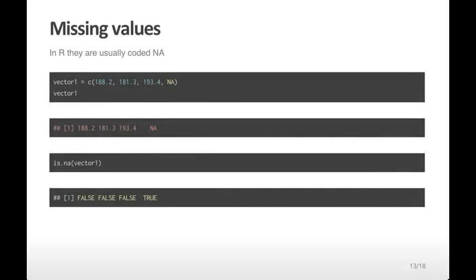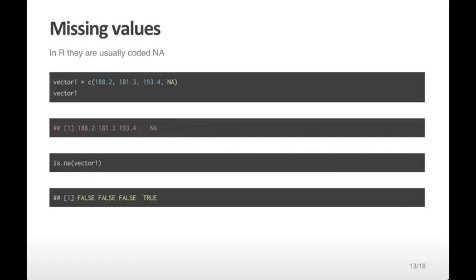Another important variable that we will be considering are missing values. In R, they are coded as NA. So for example, in this vector1 that I've created here, there are 3 numeric values and 1 missing value, which I've just typed as NA. If I type vector1, I get the values 188.2, 181.3, 193.4, and NA, which suggests that there's a missing